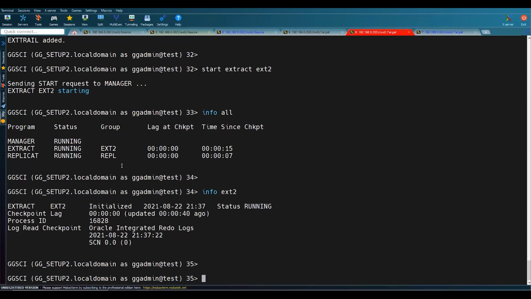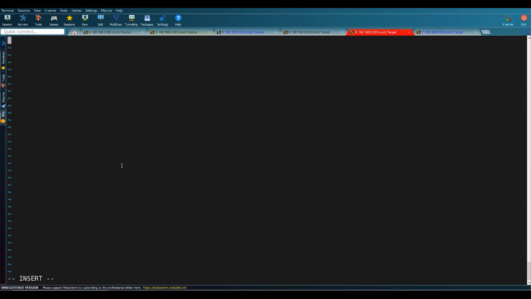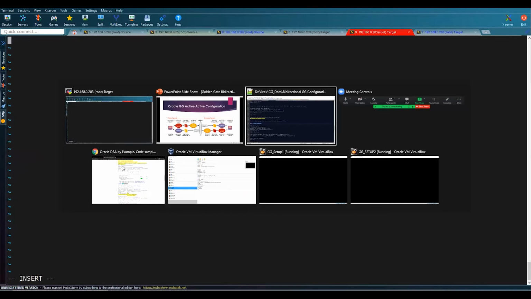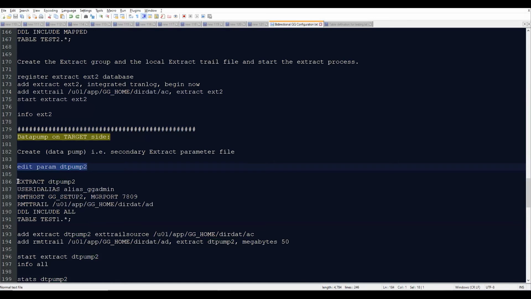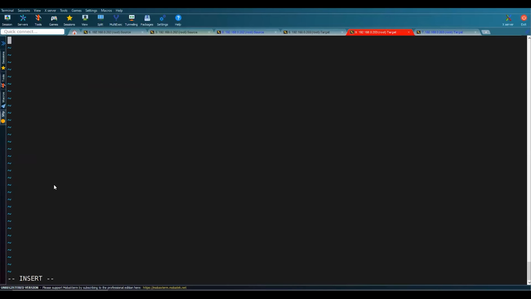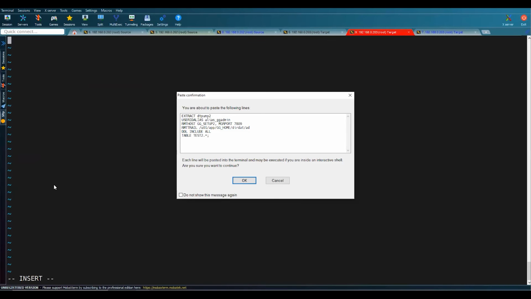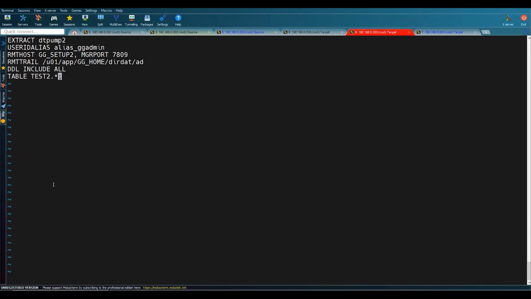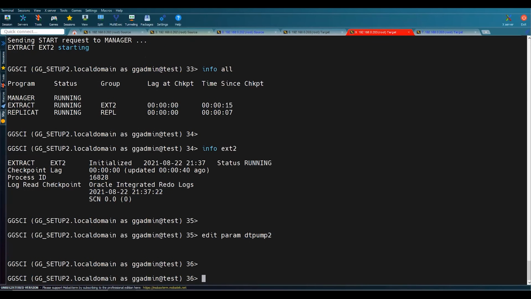So these changes are basically going to be done on our original target and the new source, you can say. And after that, I'll select all the values from here. That means a table of test1. This is going to be test2, not test1. Okay, so I'll just copy all these values, and I'll paste here in the data pump parameter. Okay, so I'll save this file,